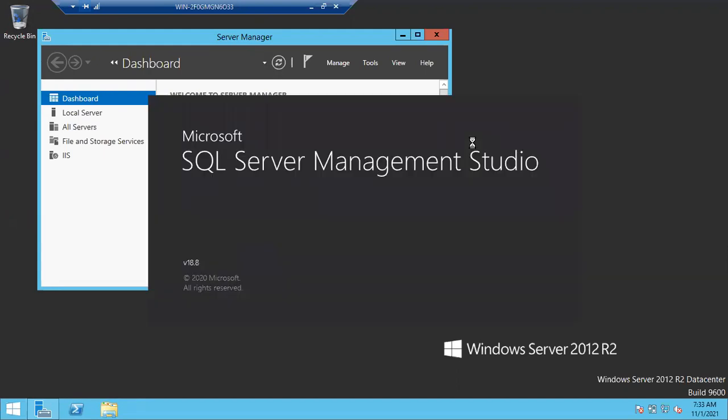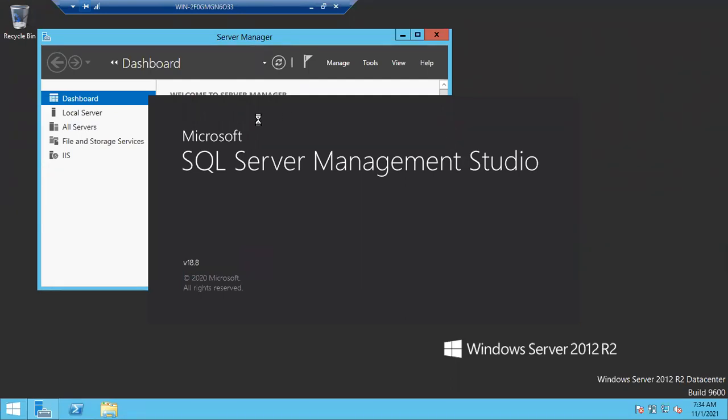It's not like one management studio will be used to connect to one server. You can use management studio to connect to multiple SQL servers. If you know the server name, simply type the server name in the server name field and click the connect button. That's it. It's not like we are going to choose from the drop down. When you choose from the drop down, it is a local instance.